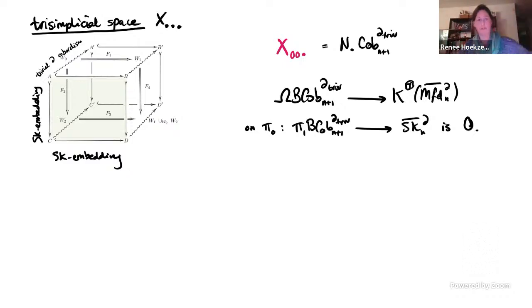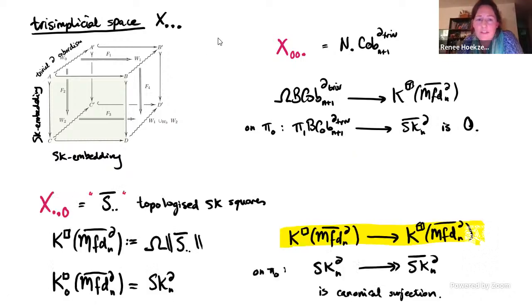So now I have this trisimplicial space X, and there are 2 interesting sub-simplicial spaces of this. The first is that if I take X_{0,0,•}, so we've already seen it going into the page, we have cobordisms, and if I take only this simplicial direction, I get the nerve of a cobordism category with trivial boundary. However, as we just saw in the proof, all of the one-simplices that are generated by cobordism are all 0 in pi 1.